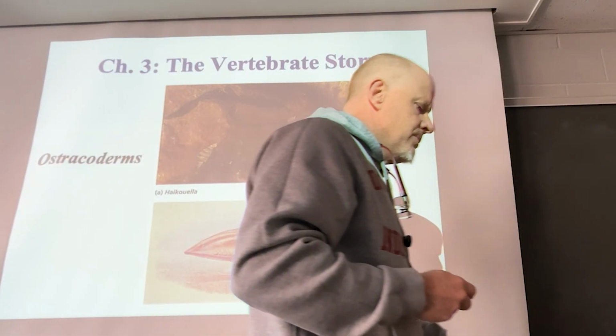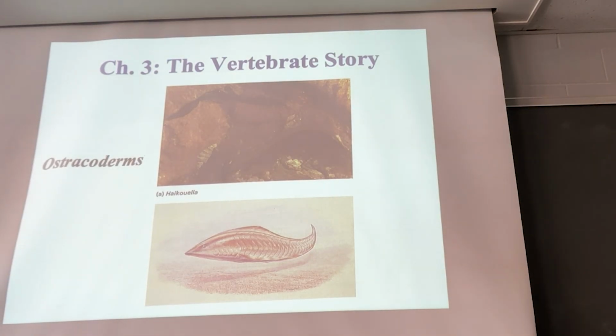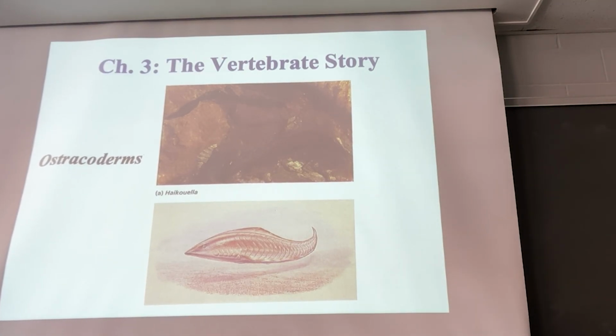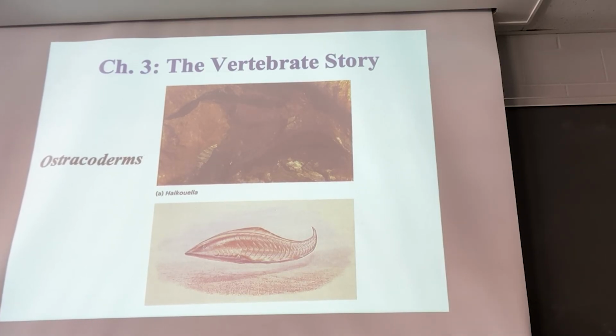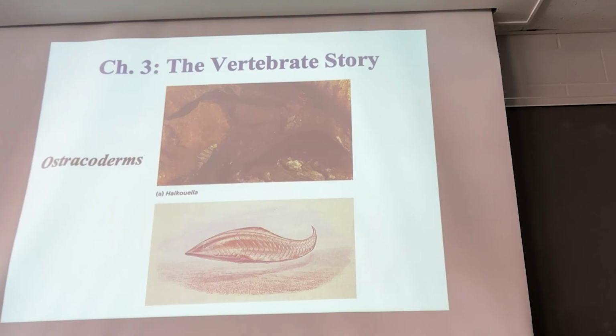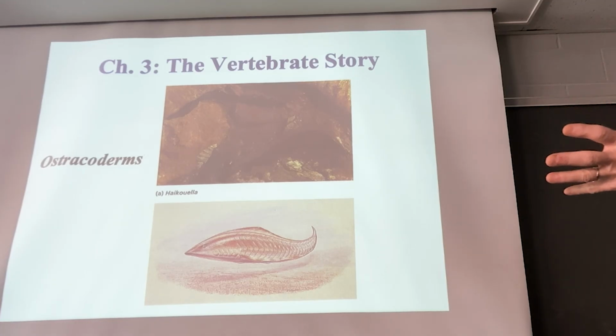So now we're going to move away from urochordates and cephalochordates, which are two phyla within the superphylum Chordata, right? And move to the final phylum, which is Craniata. We're going to talk about Craniata for the rest of the semester, basically. And so Craniata includes all of the rest of vertebrates, excluding one group that we call hagfish, which are kind of this intermediate group or outlier, if you will, between urochordates